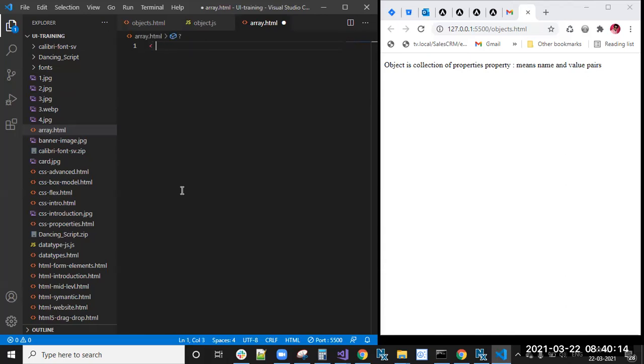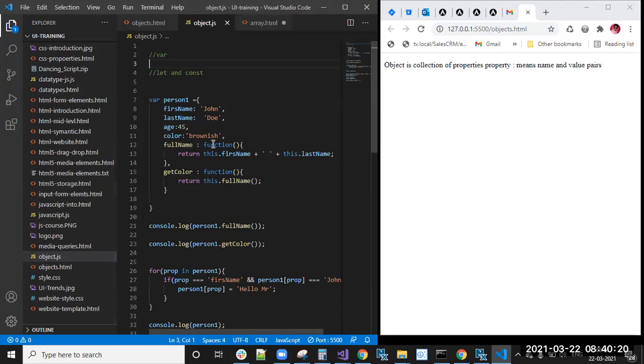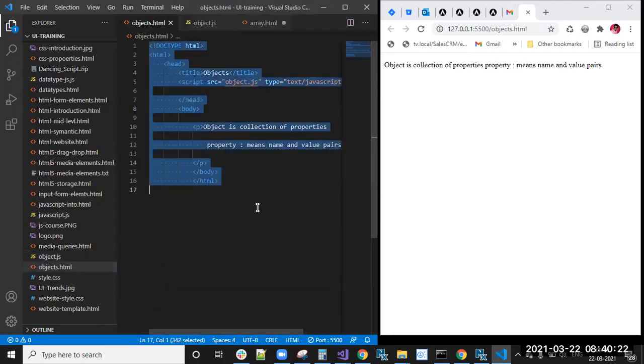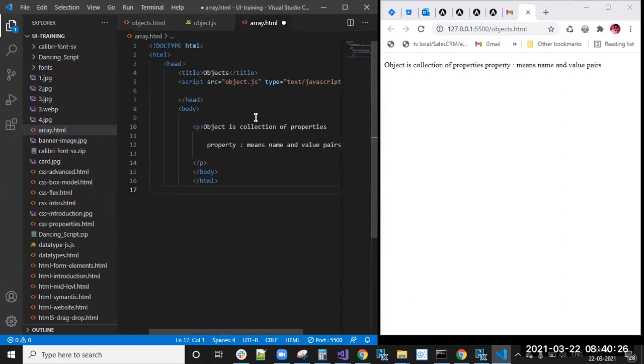Here if you click tab, okay, I'm copying this. Doing all this for the array class.